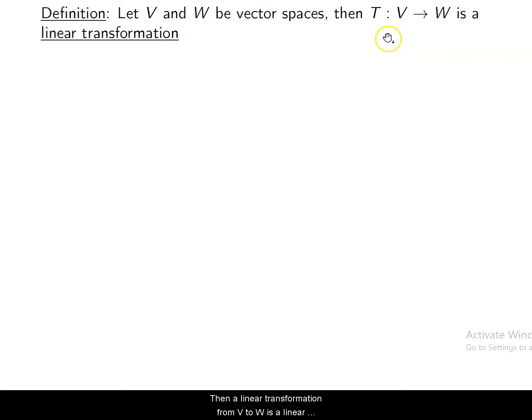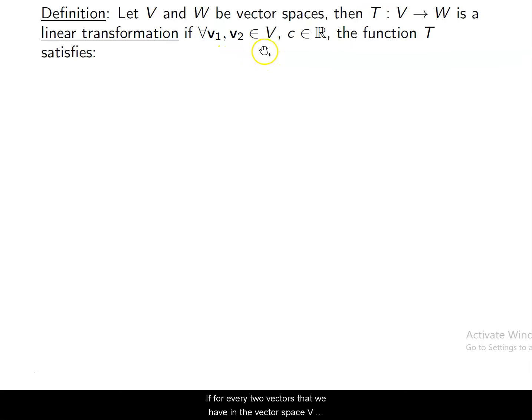So I try to incorporate linear transformations throughout every chapter so that they don't get lost in us, right? So there's a very specific way to define and to prove that something is a linear transformation. So let's say that we have two vector spaces, V and W. Then a linear transformation from V to W is a function defined by T if for every two vectors that we have in the vector space V, which we'll call V1 and V2, and a scalar C for our function T that satisfies the following,